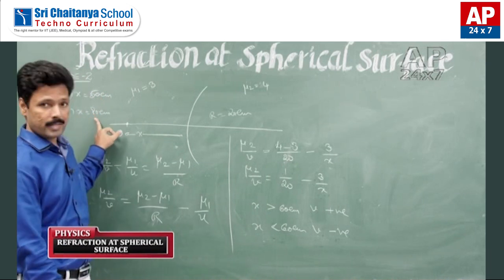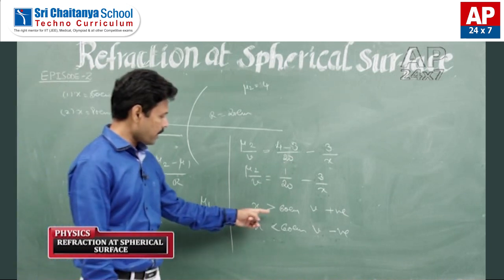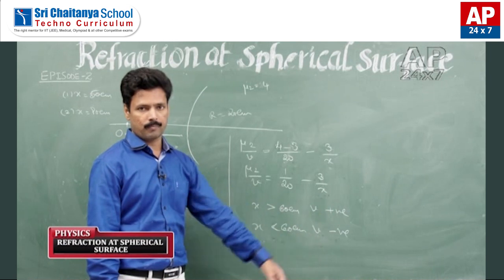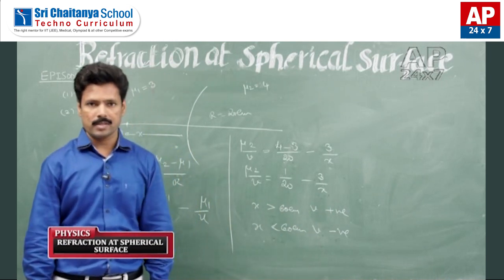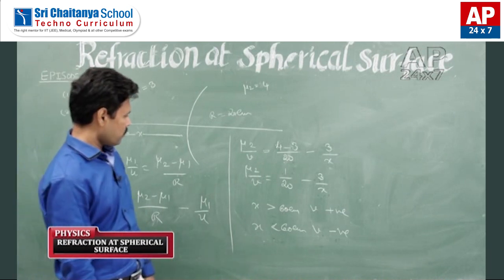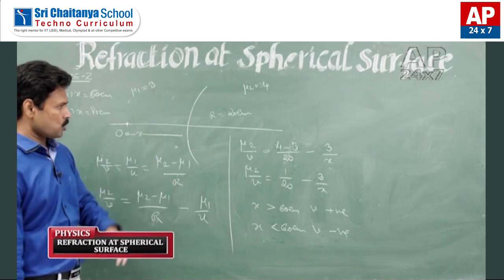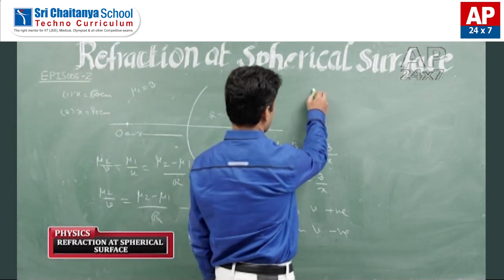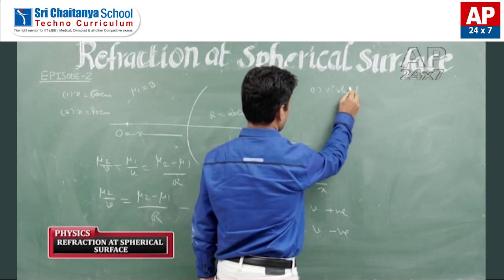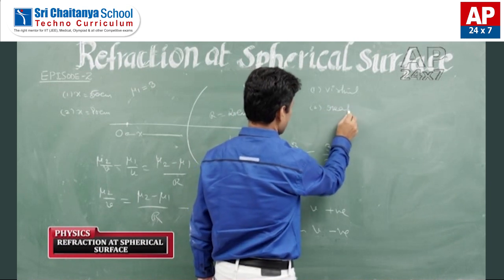And second one, it is now given 90. So 90 means it is now greater than 60. So greater than 60 means v is now positive. So v positive means image is real. Therefore, for the first one, answer is, it is negative, virtual. So I am writing here for first one, image is virtual, and the second one, image is real.